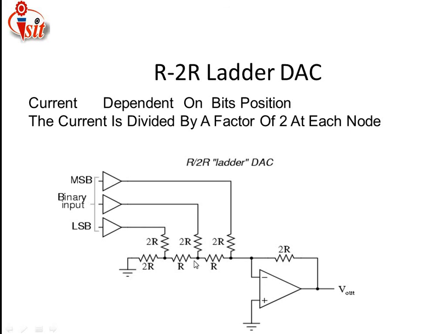Just see here, R is connected in series, 2R is connected in parallel, and along with that, MSB to LSB binary inputs are given across each bit, and a 2R resistor is connected as the feedback resistor. As I have told, in every circuit the feedback resistor value must be greater than or equal to the highest resistor value present in that circuit. Here the highest resistor value present in this circuit is 2R. For that reason, the feedback resistor value is also considered as 2R by using this rule.